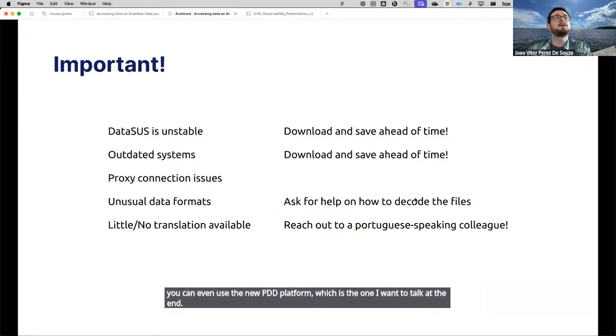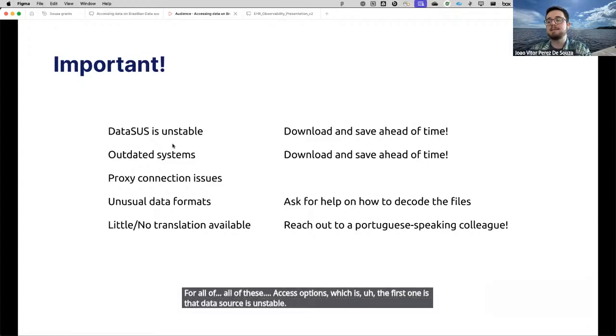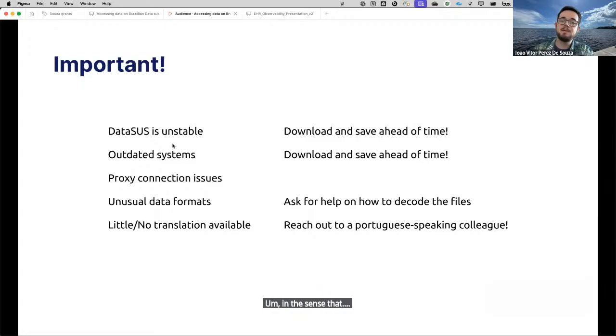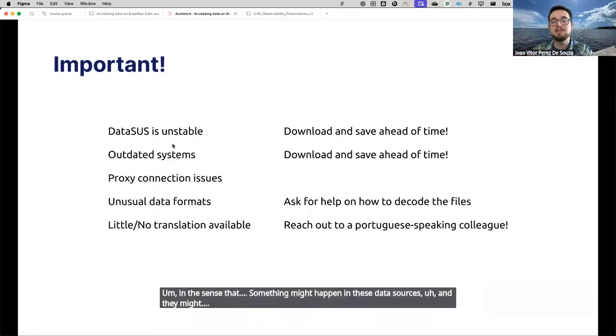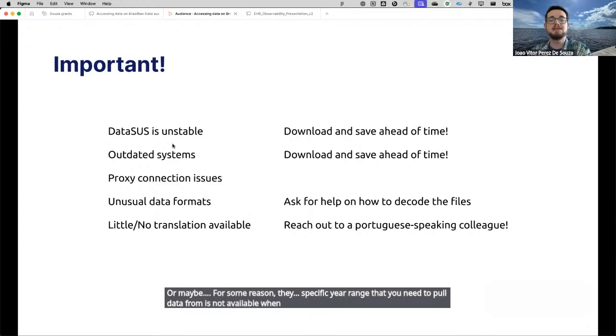Before we go into it, I guess this is an important piece of advice for all of these access options. The first one is that the data source is unstable, in the sense that something might happen to these data sources, and they might be offline on the day that you want to pull this data, or maybe for some reason the specific year range that you need to pull data from is not available when you want to pull it.